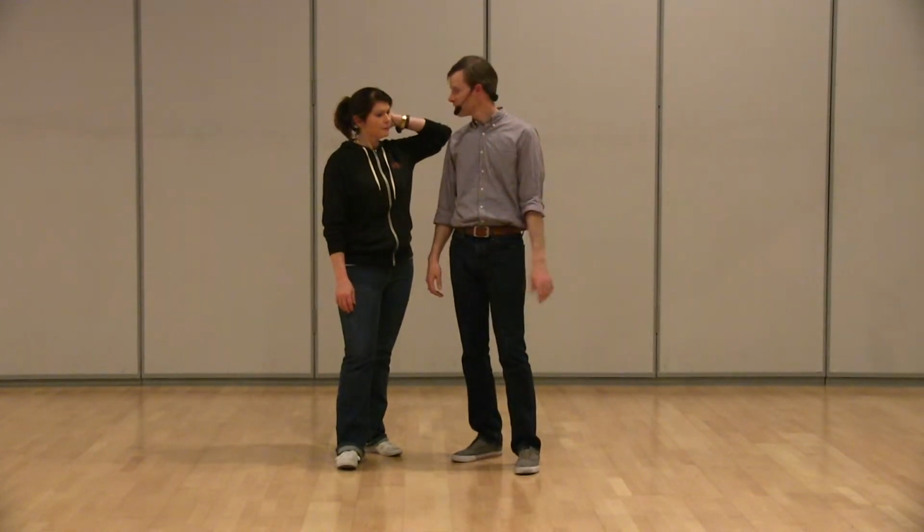Follows, one of the things that we're hoping to feel as a follow in this move is that little bit of rotation apart in the beginning and then towards each other in the end. That kind of cues us that we're going to be moving in a rotational direction as opposed to stepping straight through. Then after we worked on that variation for a while, we mixed up some variations and did things from